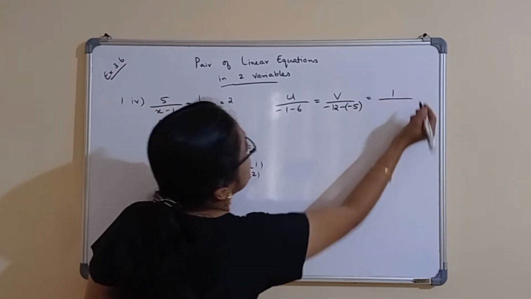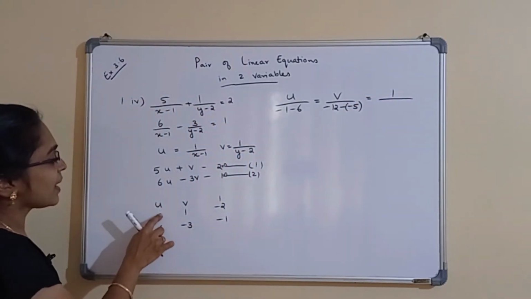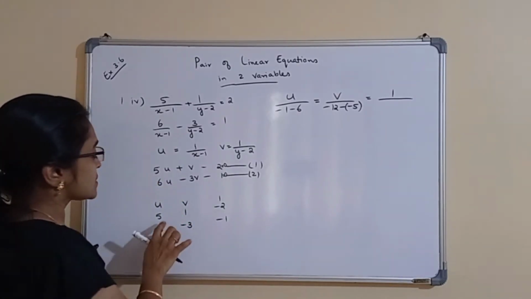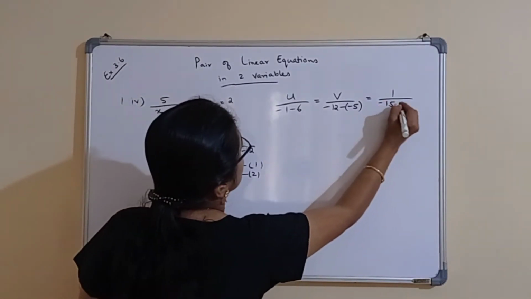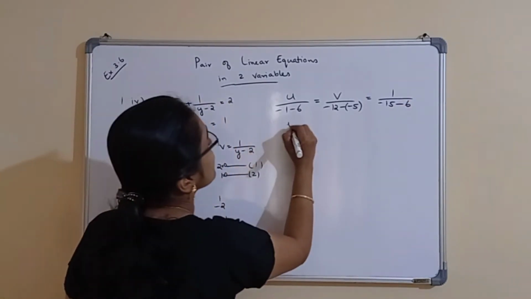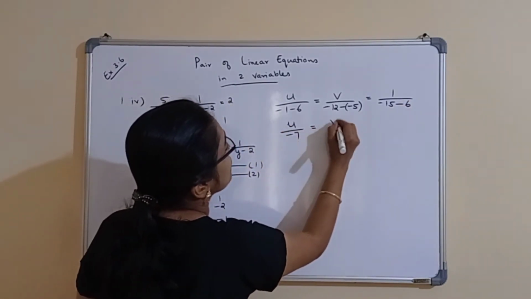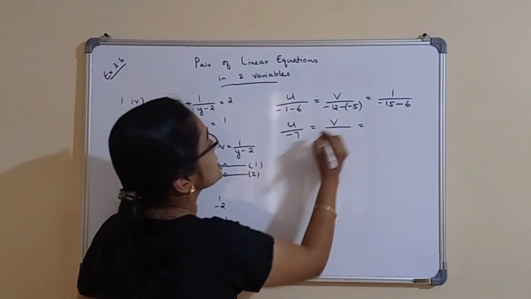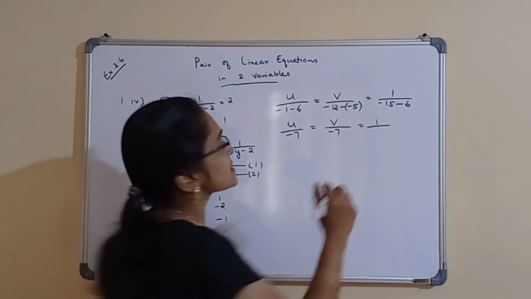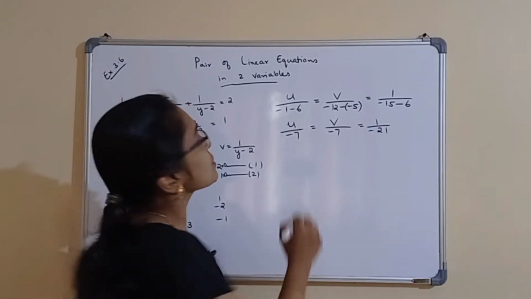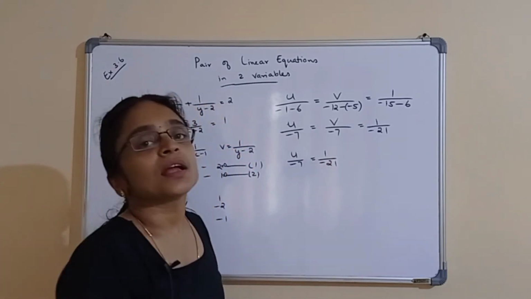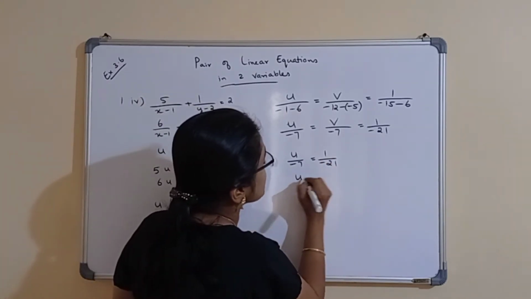is equal to 1 by, don't take this column and multiply this in the same order, that is what we normally do. So 5 into minus 3 is minus 15, then minus 1 into 6 is 6. So we have u by minus 7 is equal to v by minus 12 plus 5 is minus 7, which is equal to 1 by minus 15 minus 6 is minus 21. So equate this. U by minus 7 is equal to 1 by minus 21, which means u is equal to